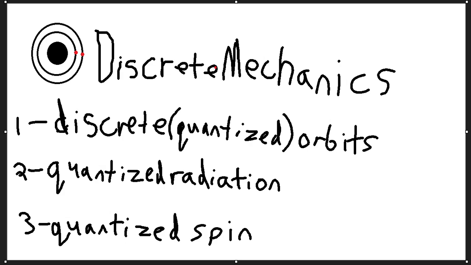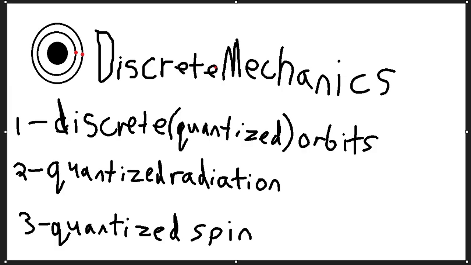Today we are going back at it again with quantum mechanics, and I am going to talk about some of the discrete mechanics. But this is what makes quantum a little bit weirder than classical physics. So don't worry if a lot of it sounds weird or hard to understand at first. This might be normal, but let's get into it.